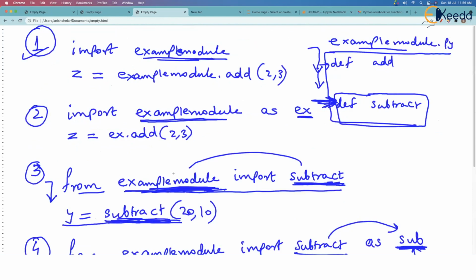First few lines will be import, whatever libraries you want to import. And next time I will be more happy if I see more import statements in your code, because more import statements means you are reusing the code written by someone else. That encouragement has to be given by your teacher while learning machine learning and Python. If somebody is under the impression that I will write everything, then let me tell you, it's a very, very difficult road you are taking.